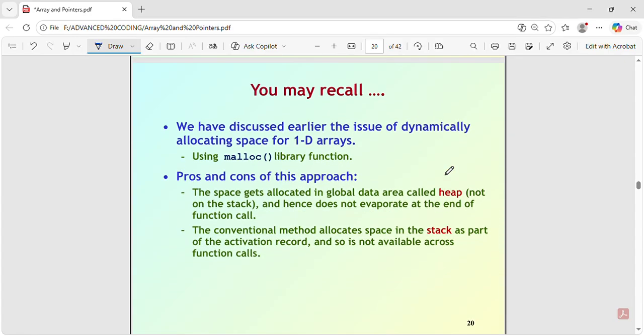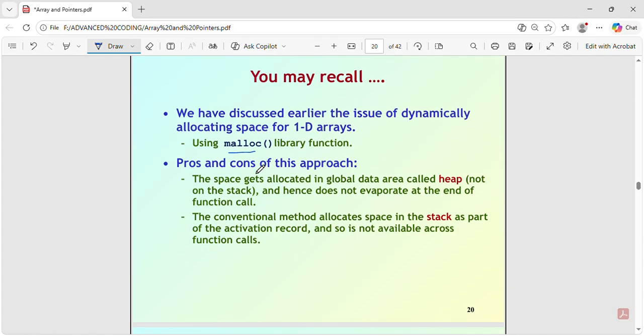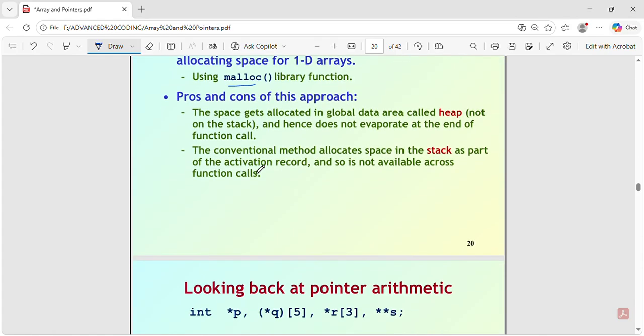You may recall we have discussed this particular issue of dynamically allocating space for a 1D array using malloc. The malloc and calloc functions, which you should have seen in C, are important to understand, as they allocate memory to the variable you are storing in. If you want to free that variable, use the free function. Pros and cons of this approach: the space gets allocated in the global data area called the heap,